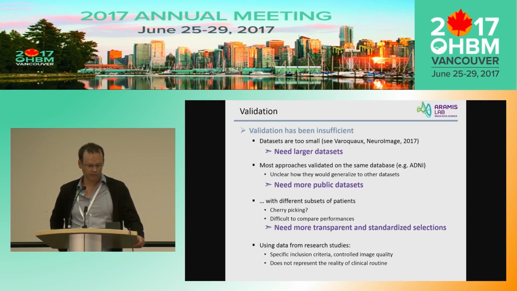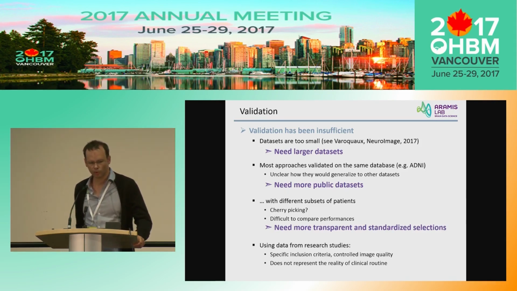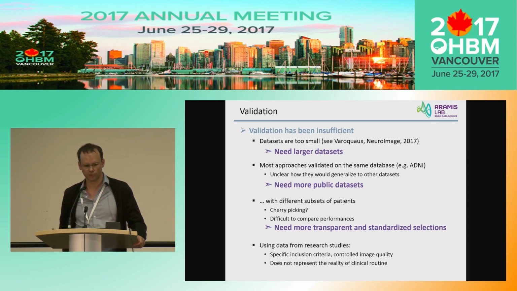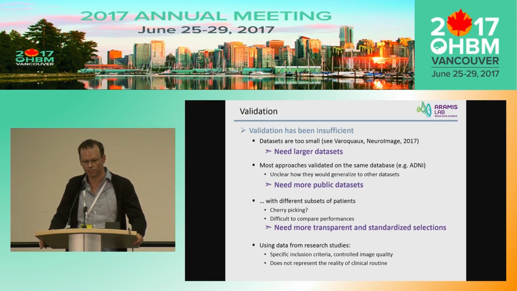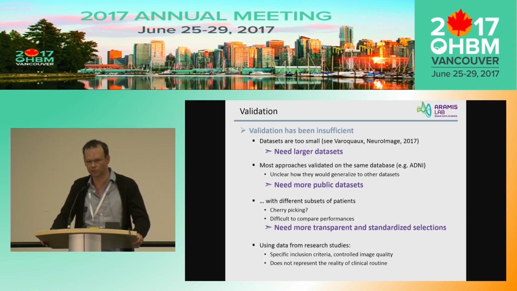And finally, one last important drawback is that most of these studies have been done with data from research studies. So that means patients that fit specific inclusion criteria where the image quality is well controlled. Usually the imaging protocol has been harmonized across different centers to ensure homogeneous quality. It's not clear at all how the performance of the methods would be on clinical routine data, where the quality of the data is much less controlled, but also the patients are not